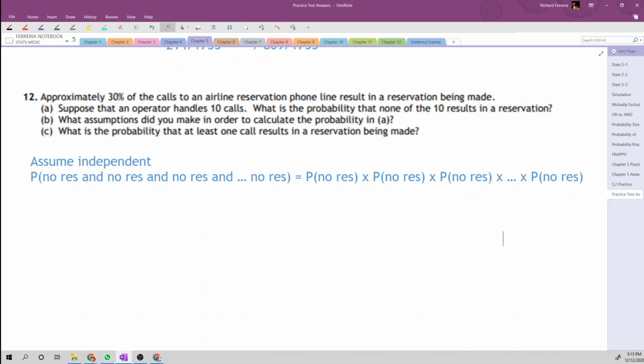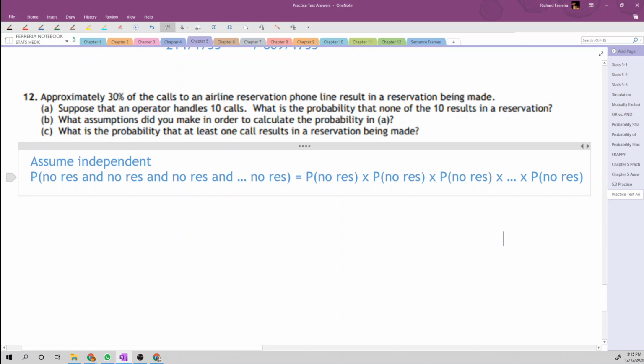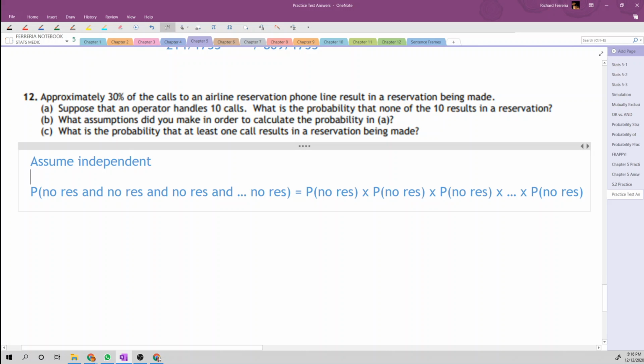So the next thing left for us to do is to figure out, what is the probability that a reservation isn't being made? Here again, we're looking at mutually exclusive outcomes. Either someone makes a reservation or they don't make a reservation. So the probability of no reservation is 1 minus the probability of making a reservation, and that's 1 minus 0.3,